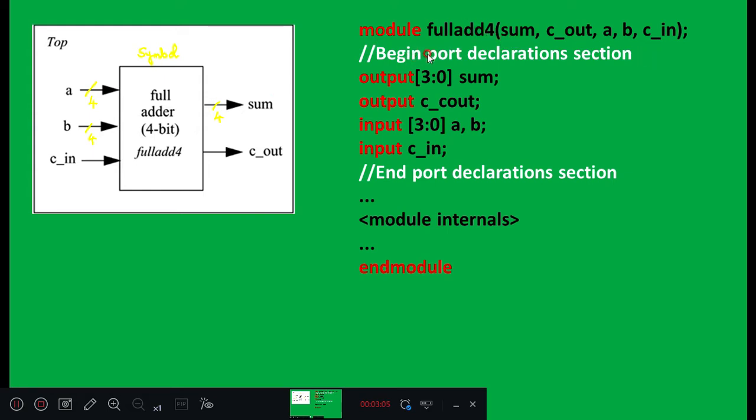Begin port declarations section. Output size is 4-bit, so size 3:0, sum we have defined as 4-bit. Output C out we have to define as 1-bit.